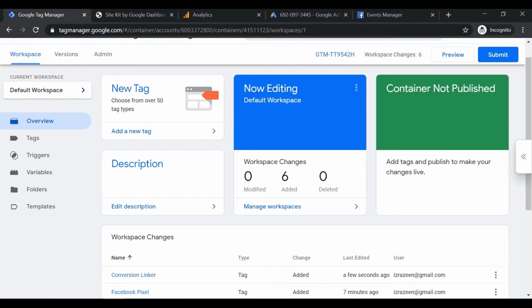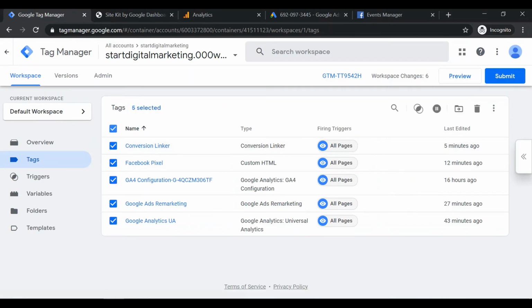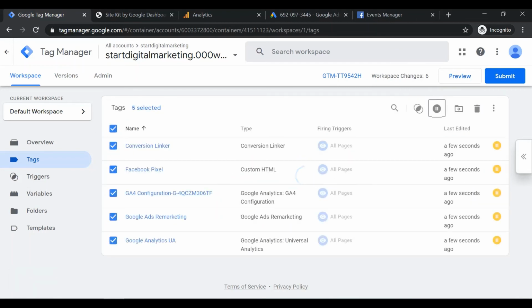If we are migrating to Google Tag Manager and we have an existing Google Analytics tag installed in our website, then this will cause problems. So what we are going to do is temporarily pause all of our tags until we are ready to complete our migration to Google Tag Manager. Let's select tags. Use the checkbox to select all of the tags we have created. Click the pause button so that the tags don't send duplicate data once we publish the container.